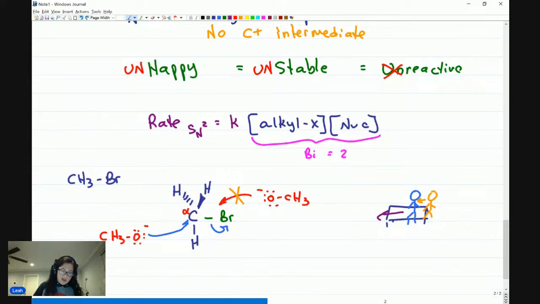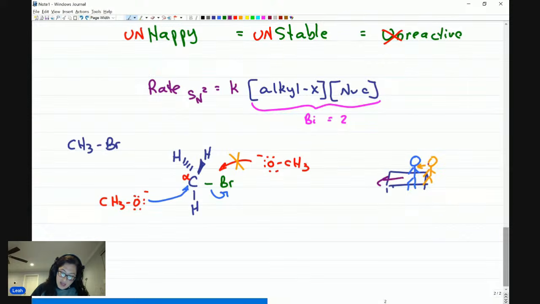Because of the way that this is happening, if there was a wall over here, then the kiddo can't come and attack and get onto the chair. So you have to look at the potential for hindrance on the molecule. And with regards to an SN2 reaction with steric hindrance, what we're looking at is if you have a methyl